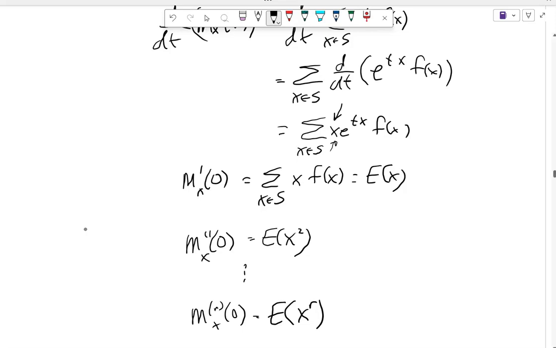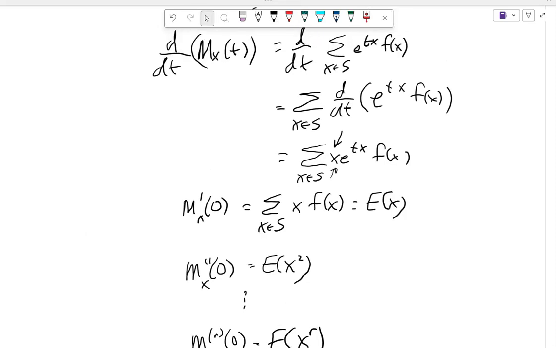You have the function with respect to t, as long as your series, or later on, we'll do integrals when we do continuous distributions, as long as it converges for some values other than at 0, I can take derivatives and I can generate moments in this fashion. Okay? All right, so going back up to the problem,